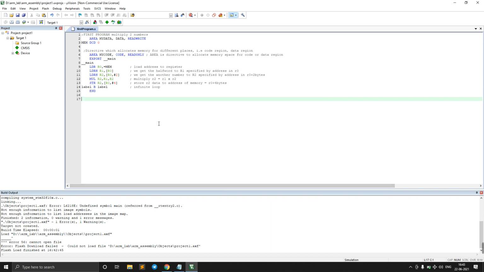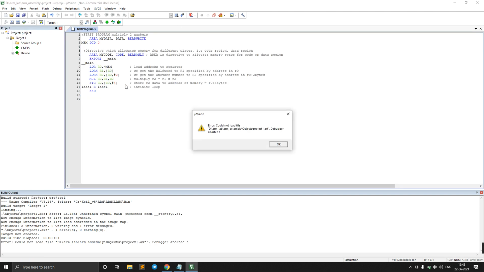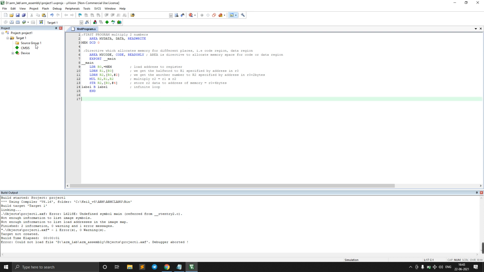So this is the one thing. Now if we build this and debug, again we get another error: debugger aborted, could not load file. This is because we have not added our file to the source group.